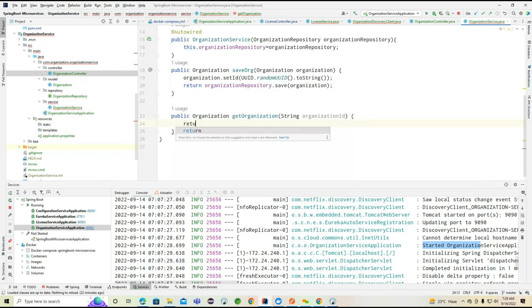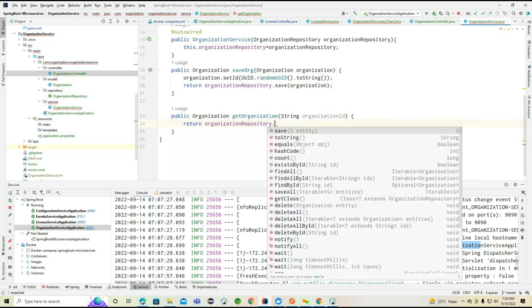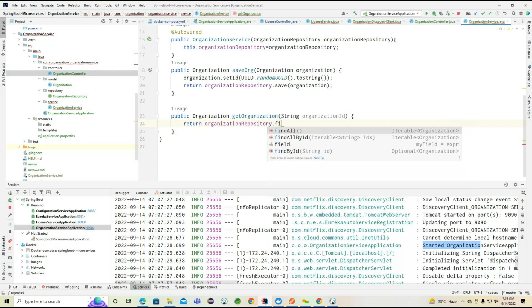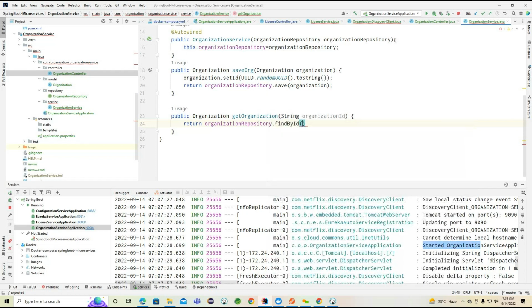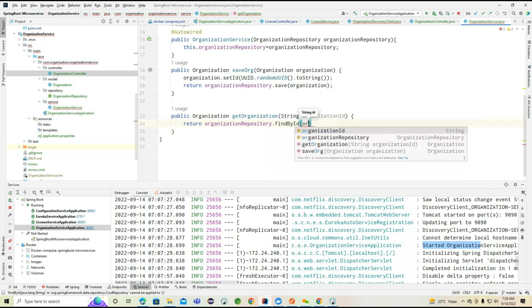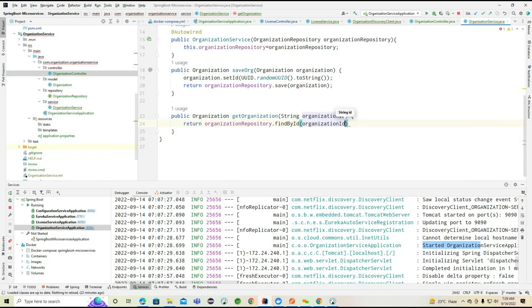So directly return what we are having, organization repository dot find by ID. So find by ID we are getting here, organization ID. Okay, so this is the organization ID we are getting. Now if we go to this particular repository,